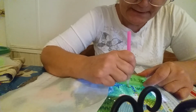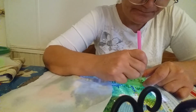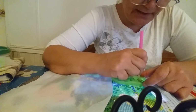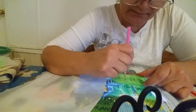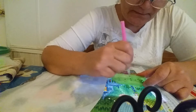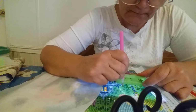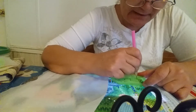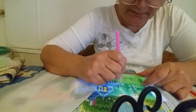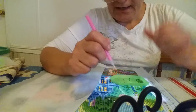I had bought a house, which I should have never bought because I was a server, waitress, whatever you want to call it. And I had a good job at the country club, but I don't know what they were thinking. I guess it was the time of bad mortgages. So, yeah, I bought a house, and I was upside down on my mortgage, and I had a lot of problems with the kids. They wanted to go live with their dad. He had moved to Amarillo, Texas by this time, and